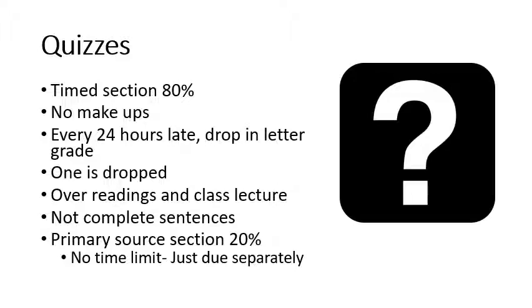One quiz, though, is dropped. So if you totally drop the ball on a quiz, or you take the first quiz and go, oh my gosh, I wasn't sure what to study for, it wasn't good, keep in mind one of these quizzes is dropped. As soon as there are 2 quizzes in the system, I'll set up the system to drop a quiz grade. I'll send out an email or an announcement saying I've dropped the lowest quiz grade. The system will not notify you what grade that is because it's going to be different for everyone, but the system automatically will drop the lowest quiz grade.